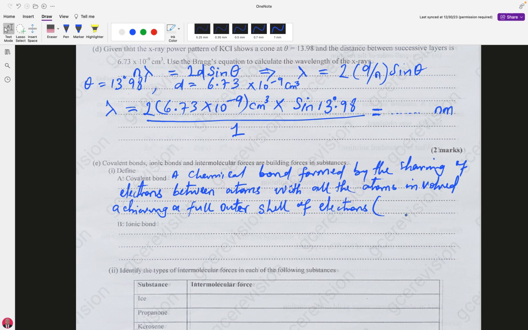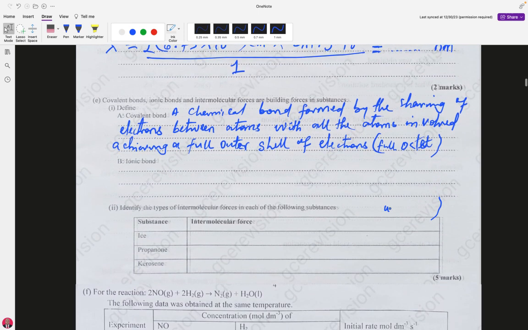So a chemical bond formed by the sharing of electrons between atoms, with all the atoms involved achieving a full outer shell of electrons, or achieving a full octet of electrons. Let's go to